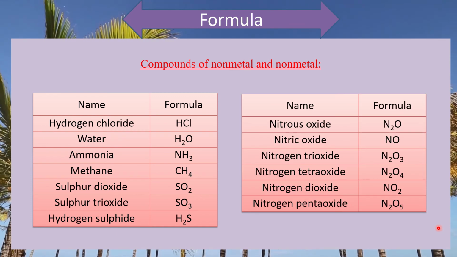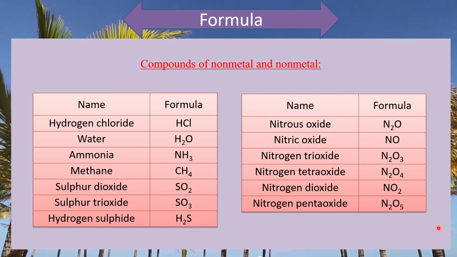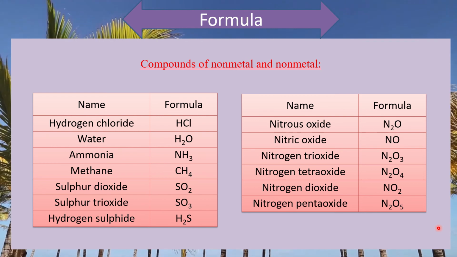Nitrous oxide, dear students. The valency of nitrogen is 3 and 5, but when nitrogen makes a compound with oxygen, nitrogen has valency from 1 to 5. Here, nitrogen uses its 5 valencies: 1, 2, 3, 4, and 5, and there are a total of 5 oxides of nitrogen. At first, look at nitrous oxide, the first oxide of nitrogen, where the valency of nitrogen is 1 and the formula is N2O.